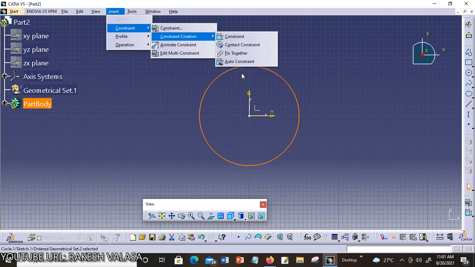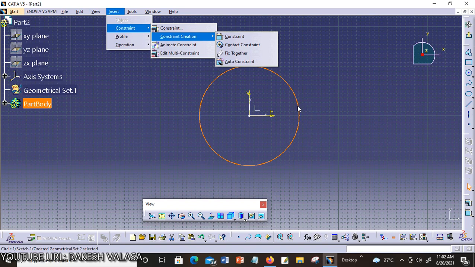Now I am going to explain applying a dimensional constraint. A dimensional constraint affects the position and dimension of a sketch in the sketcher workbench. In other words, the dimensional constraints that are applied to geometric shapes limit the orientation of these geometric shapes. For example, constraints are applied to a circle to fix its radius and center. After application on the circle, its radius and center cannot be modified in the sketcher workbench.